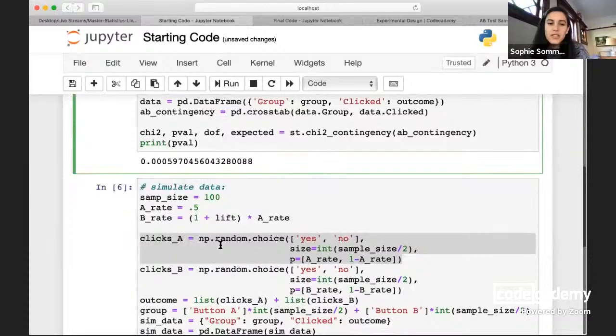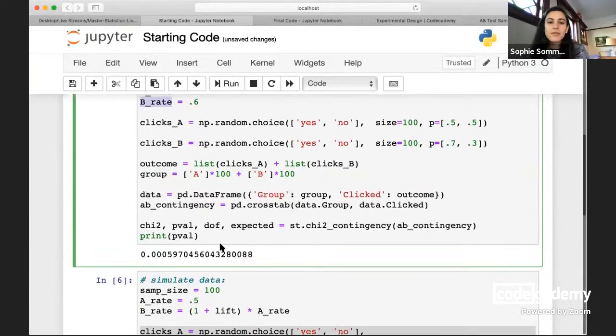Okay, so let's now zoom back out and let's do what we've done a bunch of times and put this all into a for loop and then think about what happens when we run the same random experiment a bunch of times. And each time, let's think about whether or not we get a significant result. As I'm setting this up,